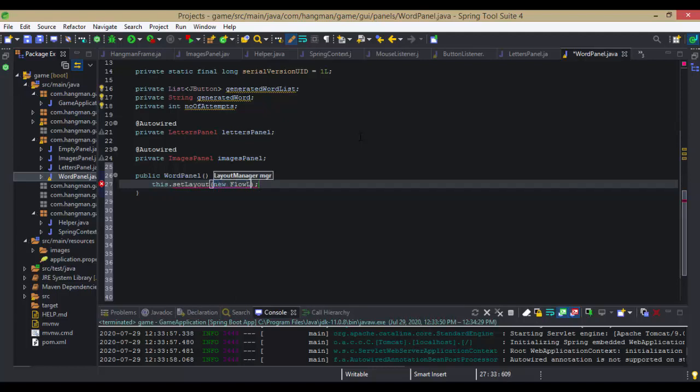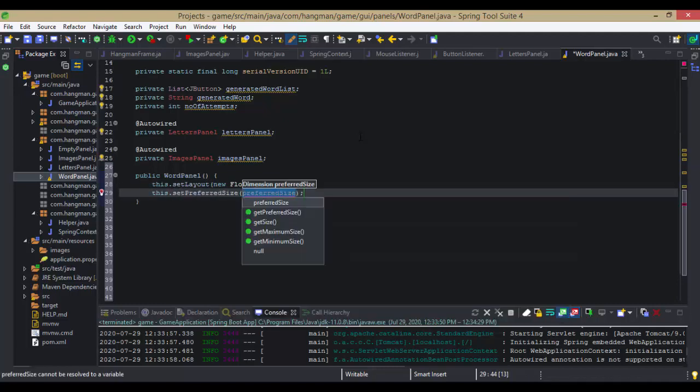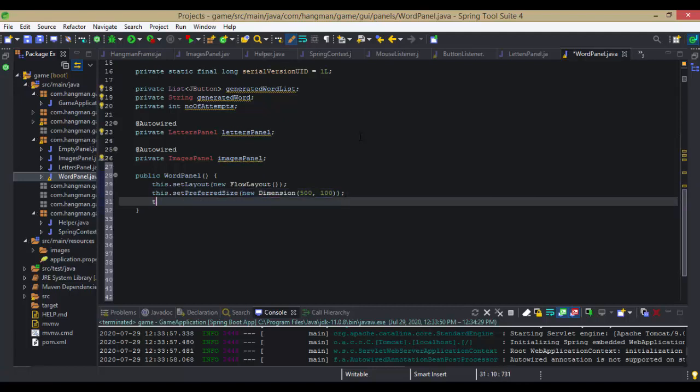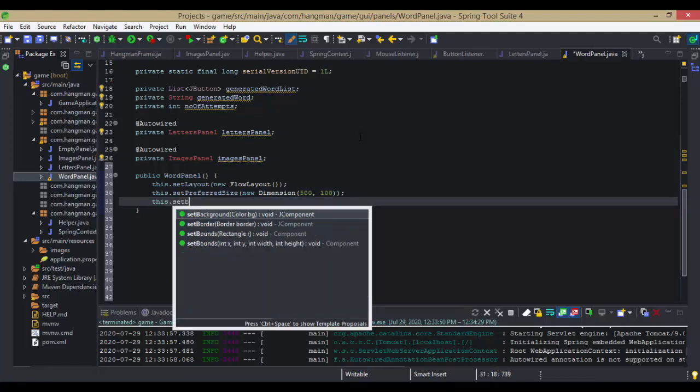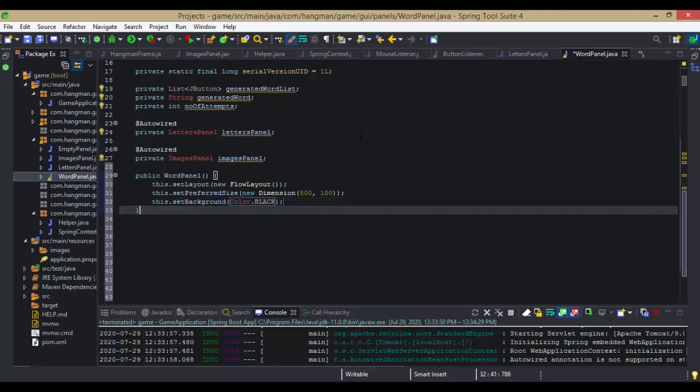I have created a simple constructor, and over here we will set specific panel properties. I added the set layout as a simple flow layout, the preferred size for our panel, we will need to set the background color to black,